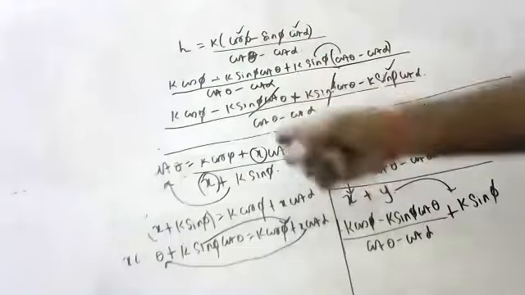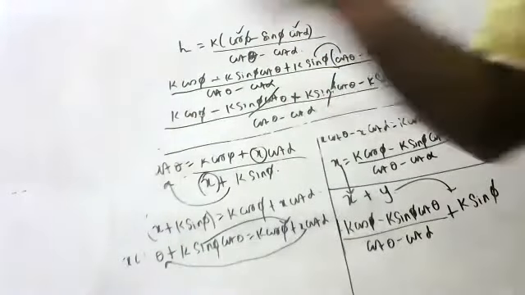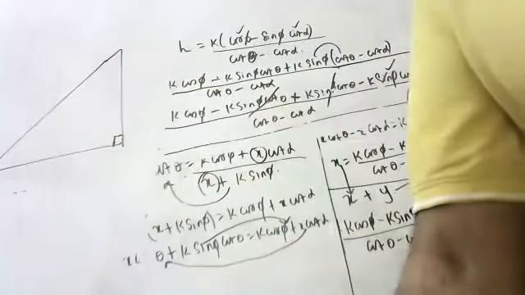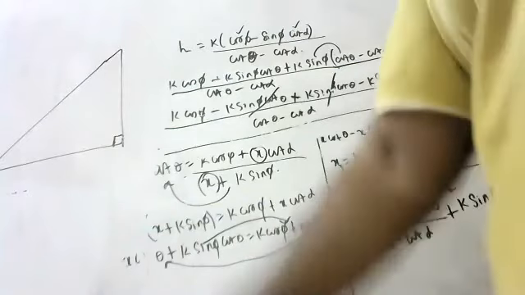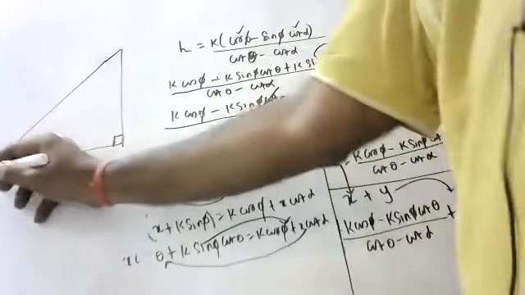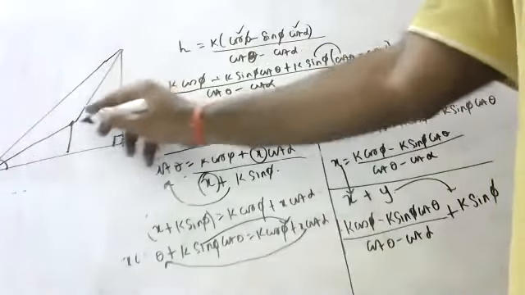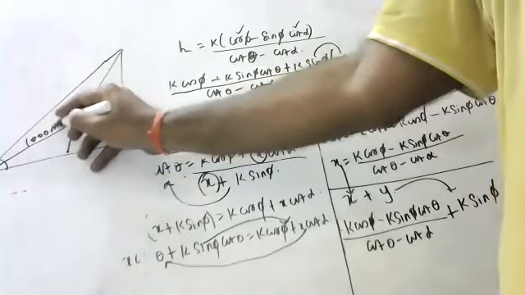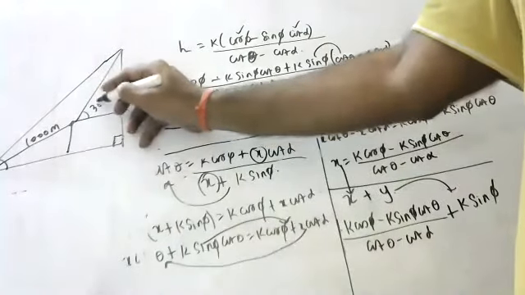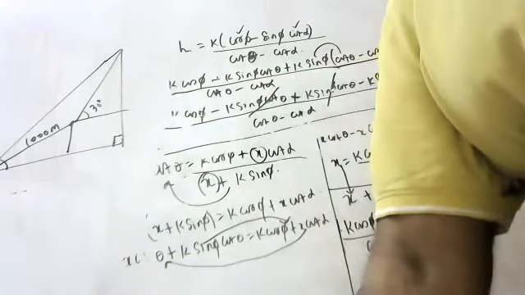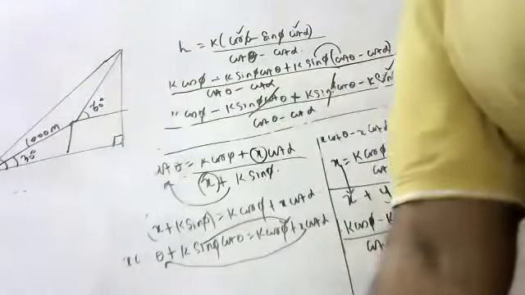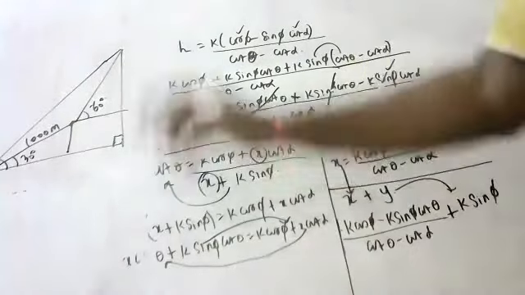Basing on this one, I will give an application. On this only, I will give one sum. Question is like this, children. At the foot of the mountain, the angle of elevation of the summit is 45 degrees. Then after ascending 1000 meters, he saw the angle of elevation at 30 degrees, and now he saw it at 60 degrees. Question is, what is the height of the mountain?